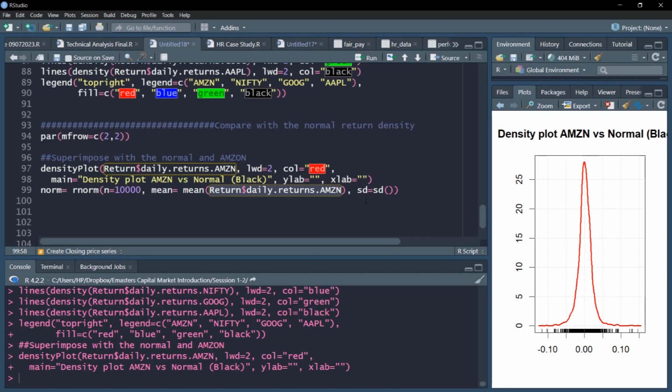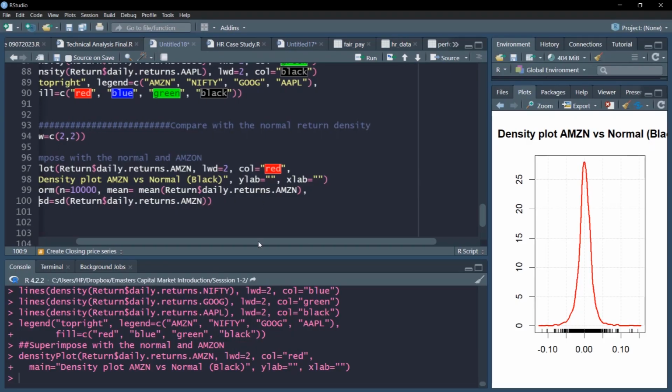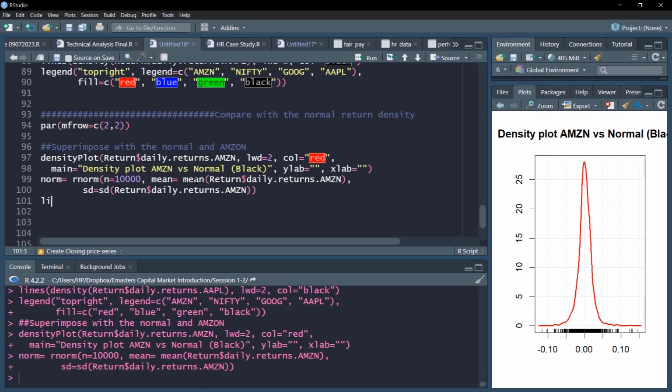So we plot a graph where the distribution has exactly the same mean, a normal distribution plot. Let us superimpose this, but for that we'll use the lines command. Let me first create this distribution, then I'll use the lines command to create the density plot of this normal distribution. Again, line width of 2 and color black.